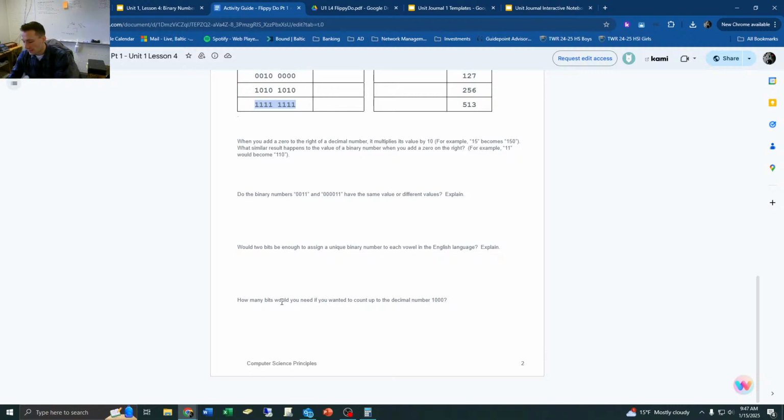So if I had 1 with 8 zeros after it, that's going to be 256. There's our answer for this one. 1 with 8 zeros after it. So I've got 9 bits. So 256